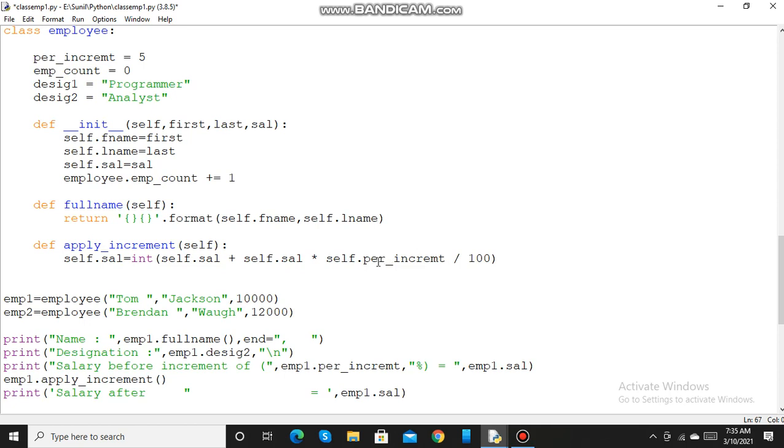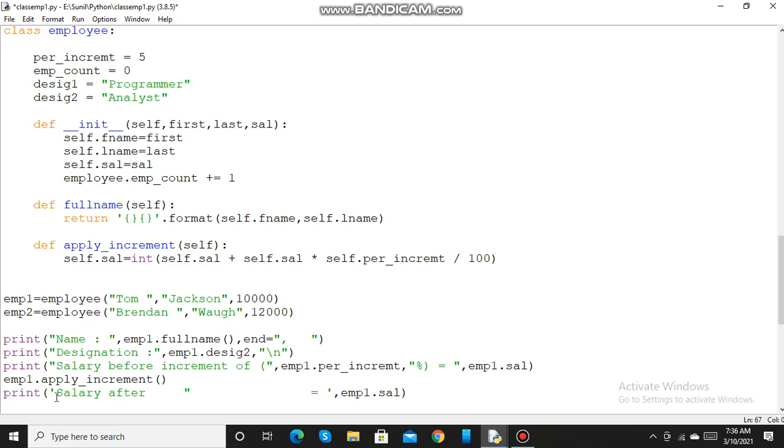This percentage increment is the class variable which is accessed by emp1. So it is 5 by 100. So 10,000 into 5 by 100 will be 500. That will be added to emp1 sal, which is 10,000. So it will become 10,500. And that value will be moved to emp1 sal. So the final value of emp1 sal after increment will be 10,500.